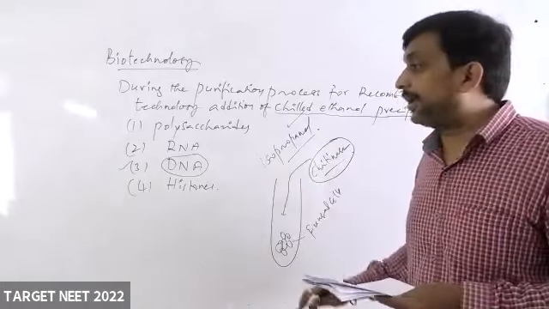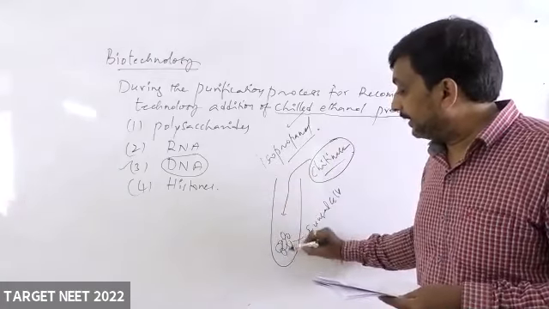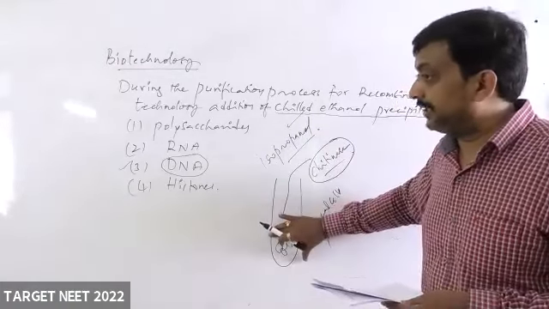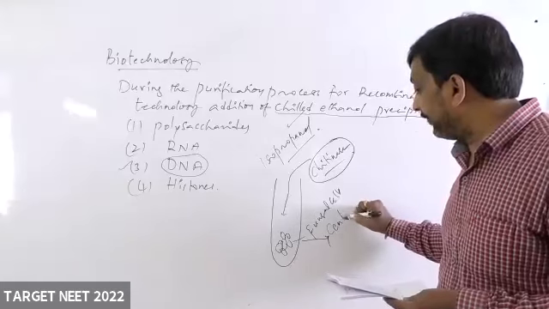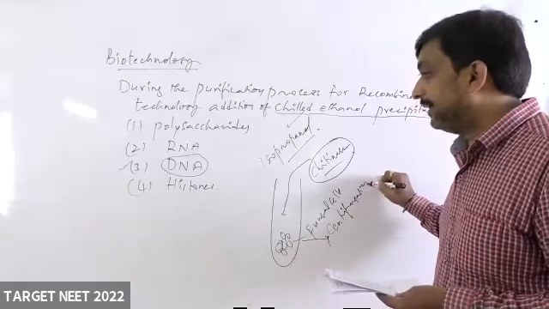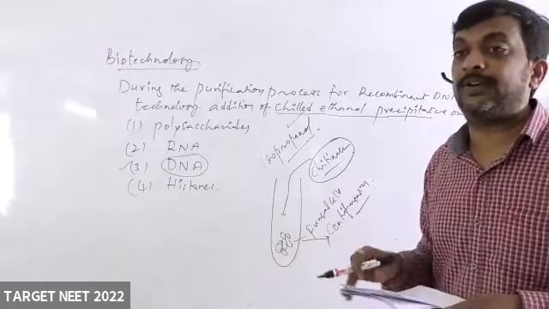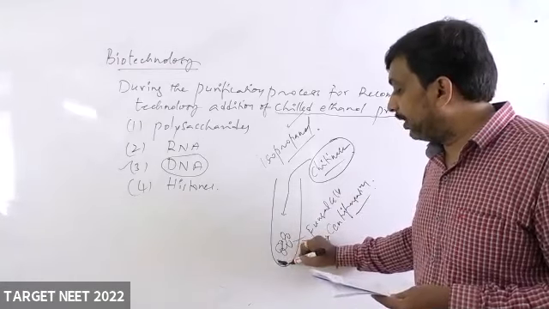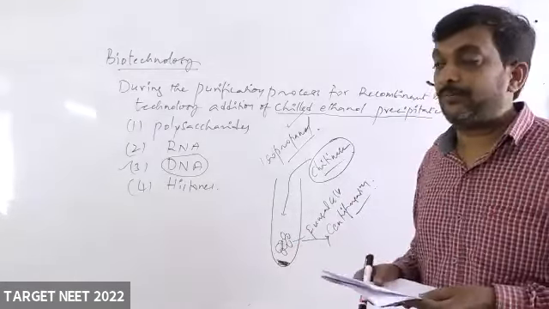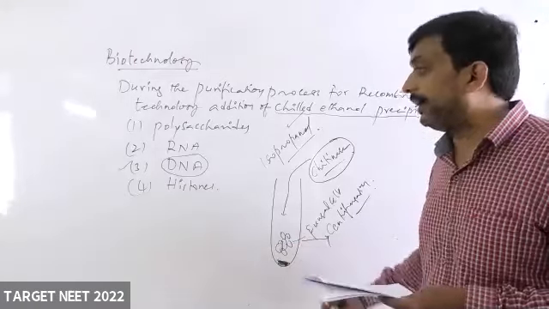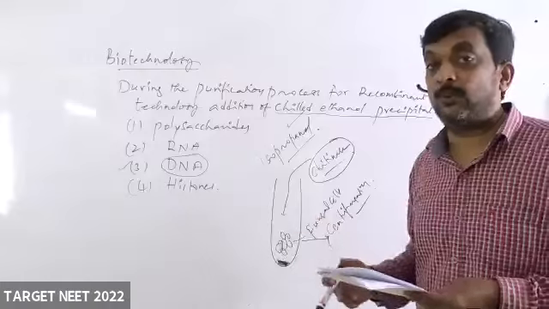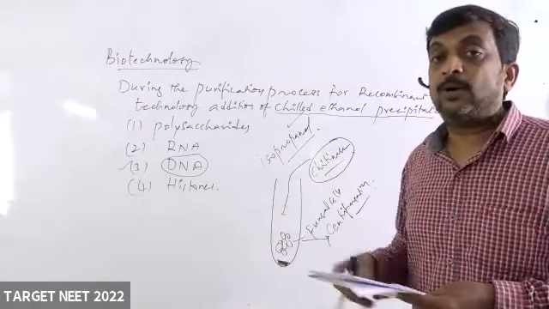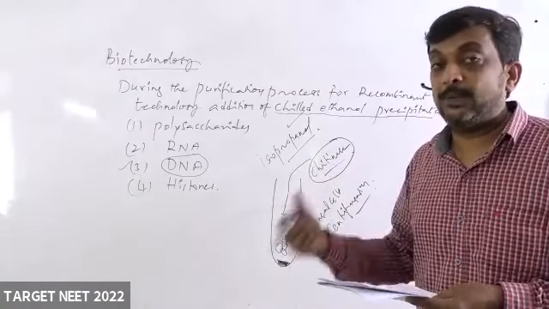Once the cell wall has been removed, the test tube with these cells undergoes centrifugation. After the completion of centrifugation, at the bottom you can find the cell wall debris. We remove that debris, and to the cells we add the detergent buffer, or lysis buffer, that removes the cell membrane.